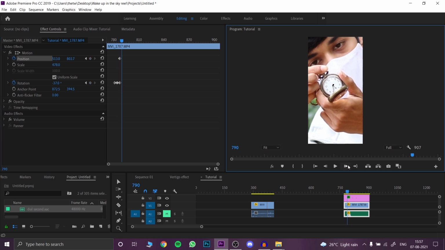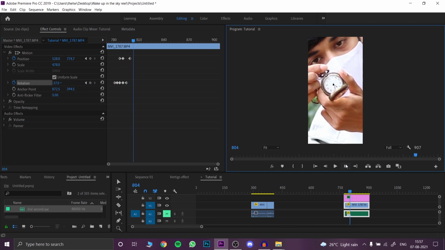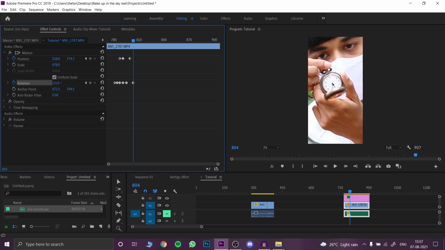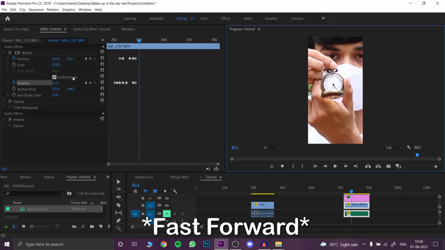Then I go 4 frames ahead. 4 frames ahead, and now you can see that my minute hand is going back on right. So we'll rotate the footage back so that it points downwards. Now the center has moved away, so I'll move it back to the center. So you keep adding keyframes to your video to always make the dial point downwards.